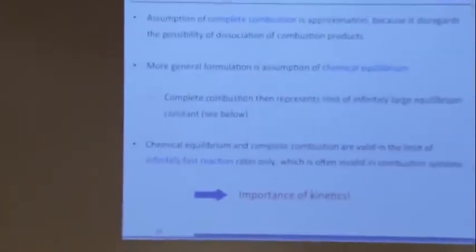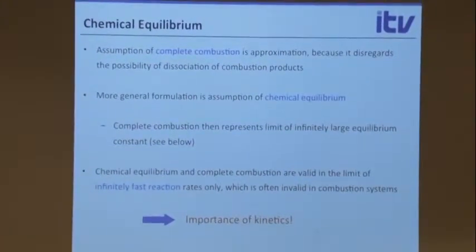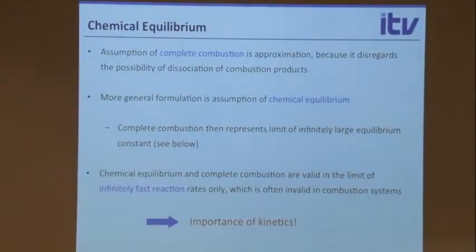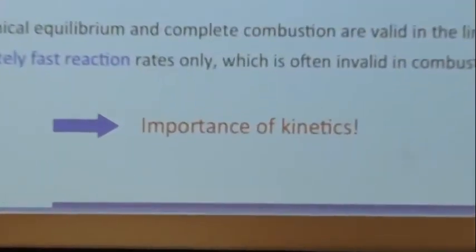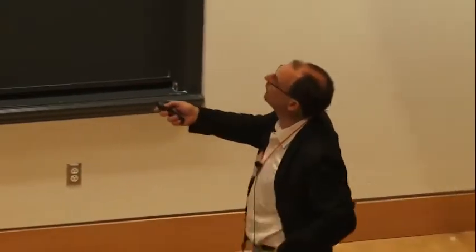Okay, good. So equilibrium, very important. Things try to go towards equilibrium. How fast things go towards equilibrium is determined by kinetics, but, and again this is very important, the equilibrium state does not depend on kinetics at all. The equilibrium state doesn't know, and it doesn't care about kinetics, okay? Just how fast you get there, that depends on kinetics. So kinetics are very important. Some things are in equilibrium, others not, and we need to worry about this in combustion. Kinetics is dealt with in the afternoon. We'll just talk here about